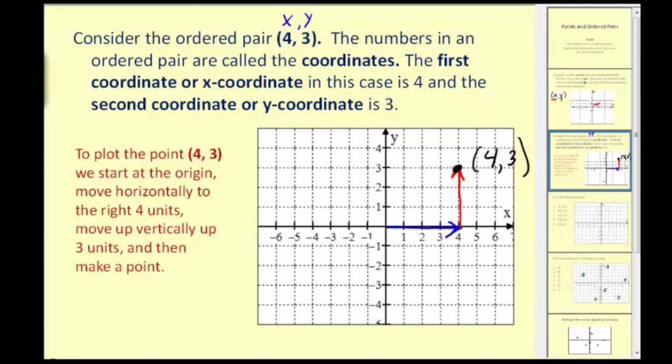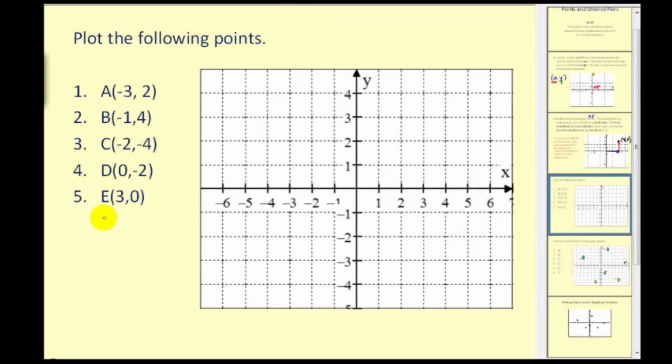Let's go ahead and try a few more of these. We want to plot the following points, and again I think it's helpful to think that the x-coordinate tells you whether to go left or right, and the y-coordinate tells you whether you need to go up or down based upon the sign. So for point A, and we usually identify points by capital letters,